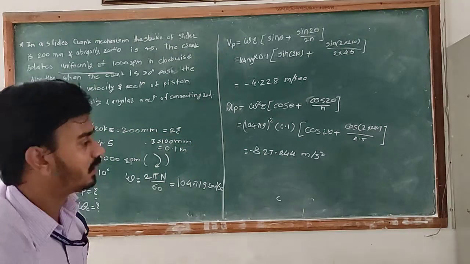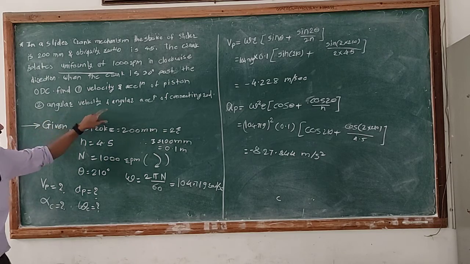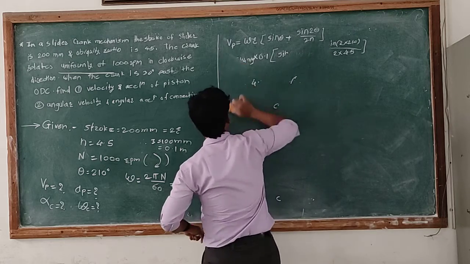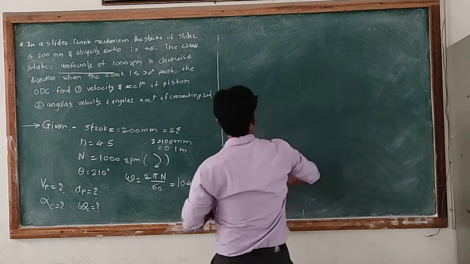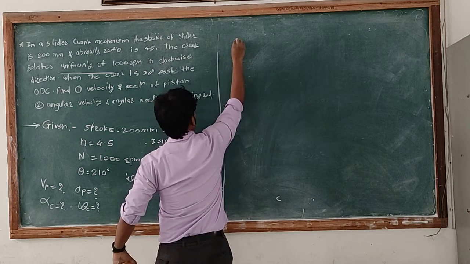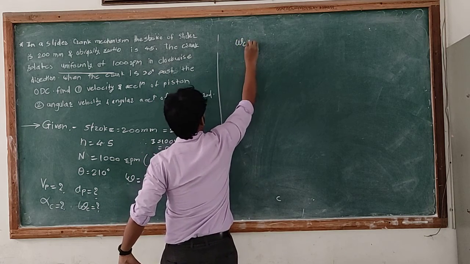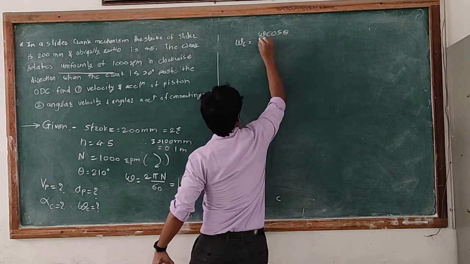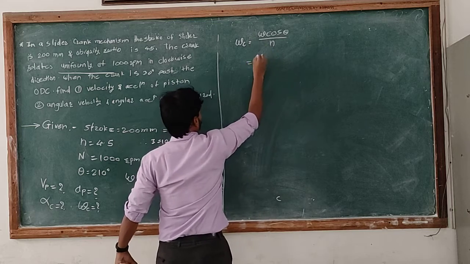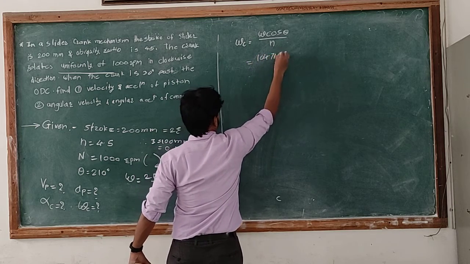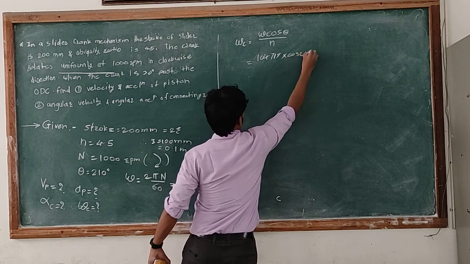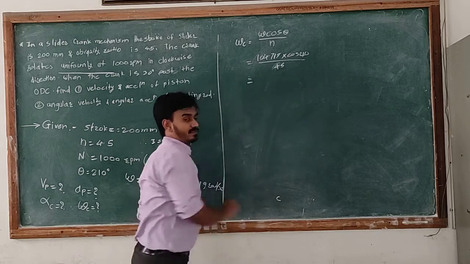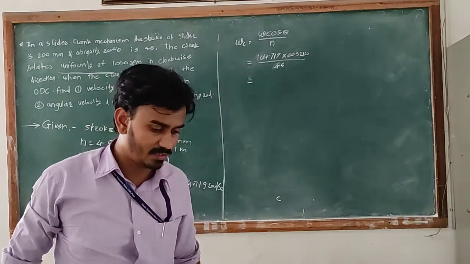Okay, now in the same numerical they ask for the angular velocity and angular acceleration of the connecting rod. The angular velocity of the connecting rod is given by omega into cos of theta divided by n. Omega is 104.719 into cos of 210 divided by n. N is 4.5 and the value is